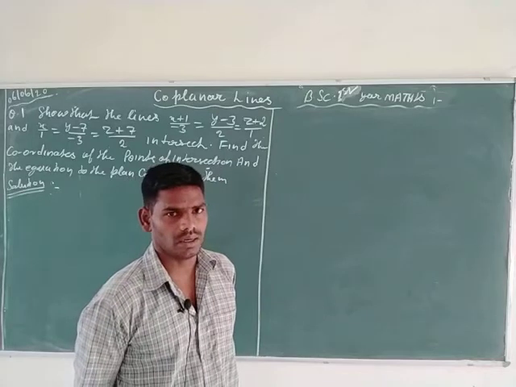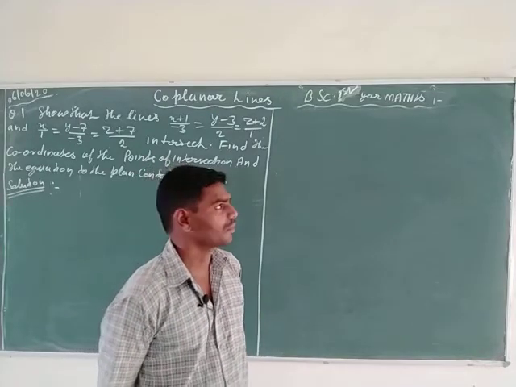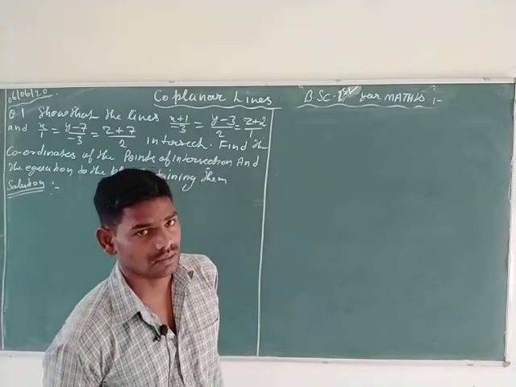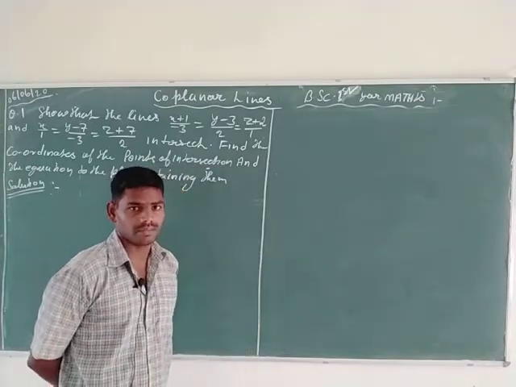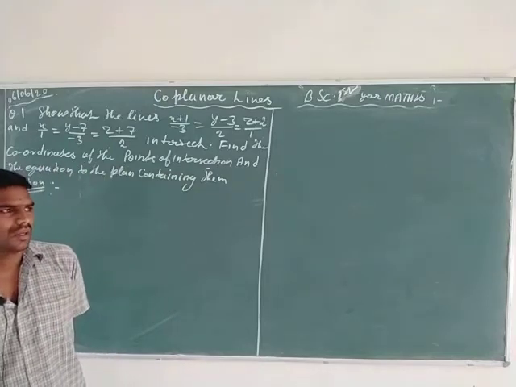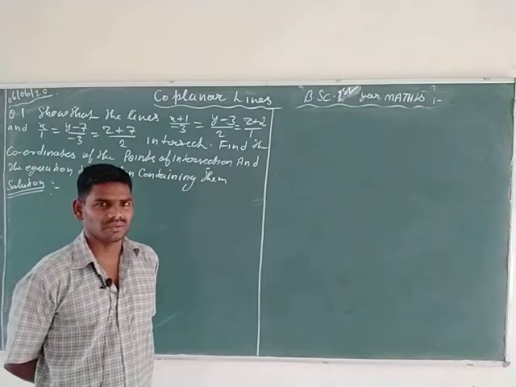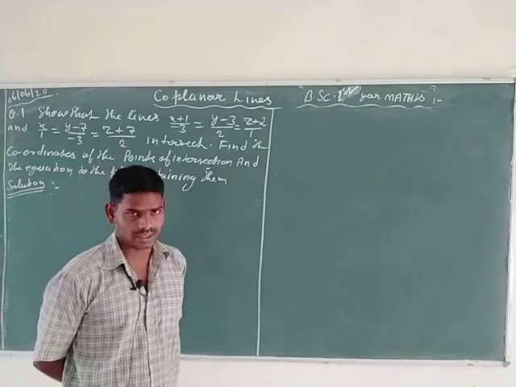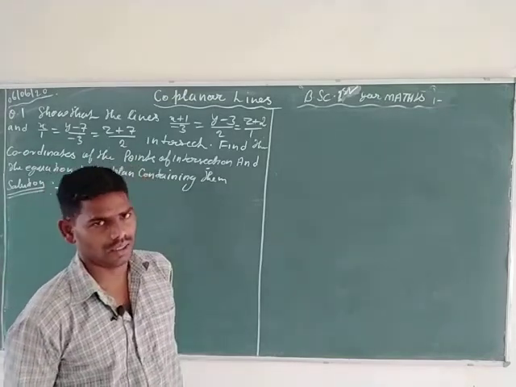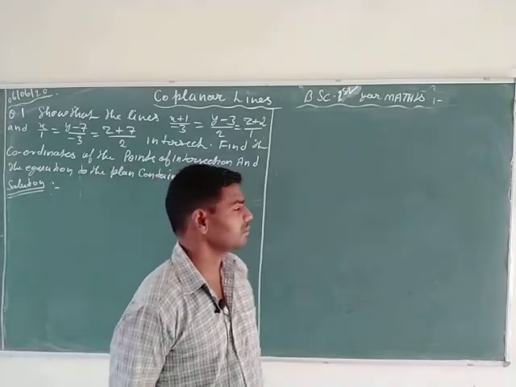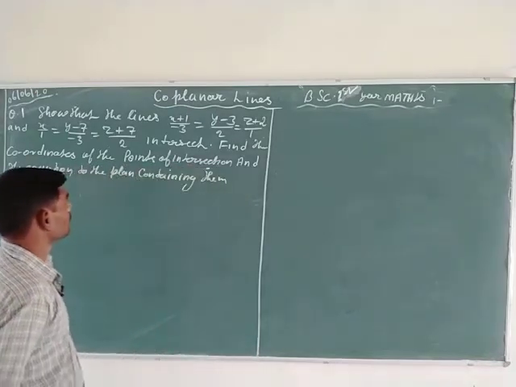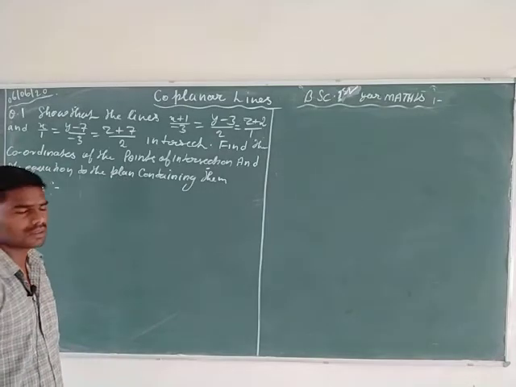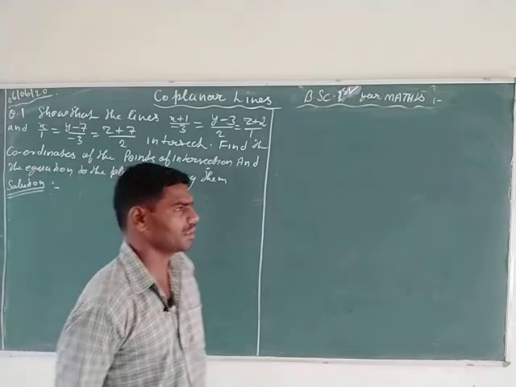When two lines are intersecting each other, it is only possible when those lines lie on the same plane, meaning coplanar. So you can have two types. First type is coplanar and second type is intersection of two lines in one plane. So it is commonly known as coplanar lines, and here we consider some questions related to this article.